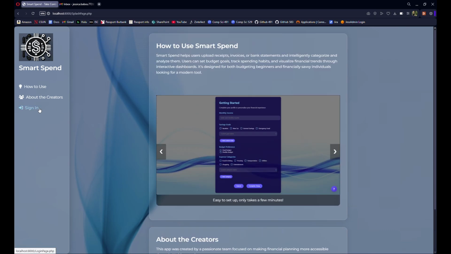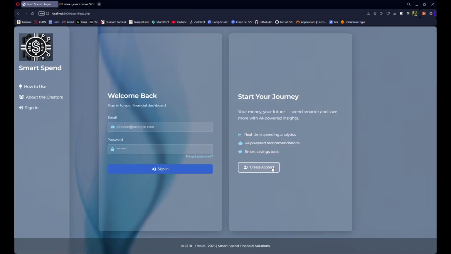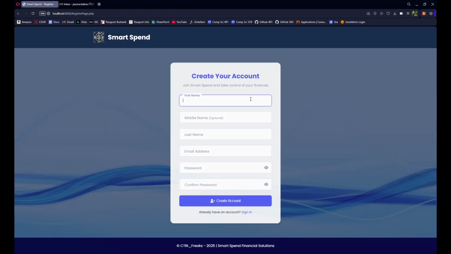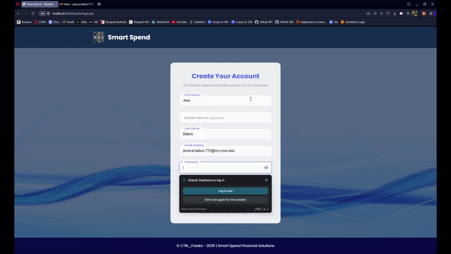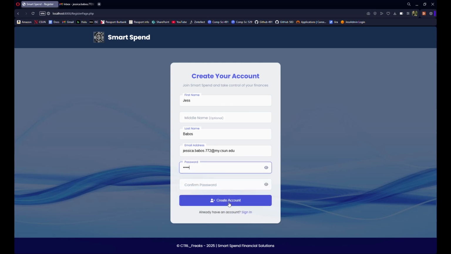So let's get started with signing in, creating an account. I'll type in my name. The middle name is optional. You don't have to put it if you don't want to. And then let's do my school email. And then there are password requirements. So if I try to type something that doesn't meet it,